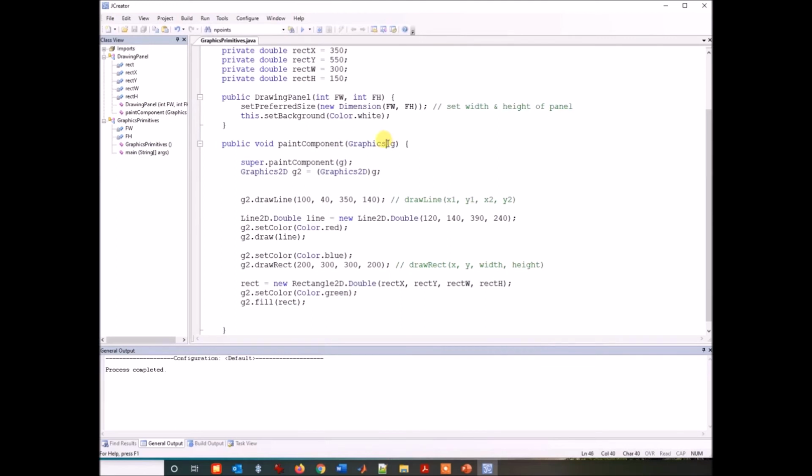Since this object belongs to the class which was abstract, and the abstract class does not have the implementation of the method, we are performing the downcasting of this object G into the class Graphics2D. Graphics2D was a more concrete subclass of Graphics, which has the implementation of some of the methods required to draw the object on the screen or on the frame. So we have downcasted the object G into an object of the class Graphics2D.